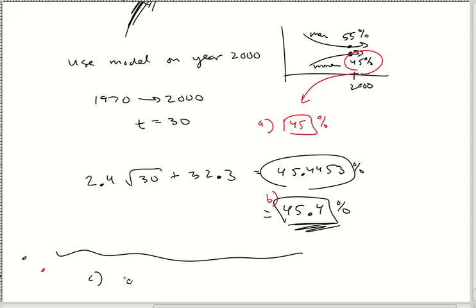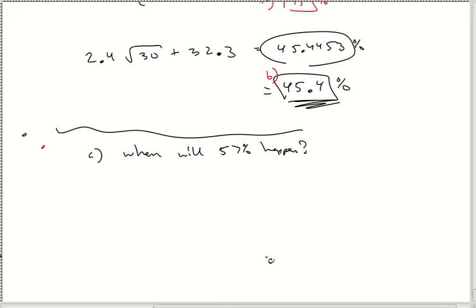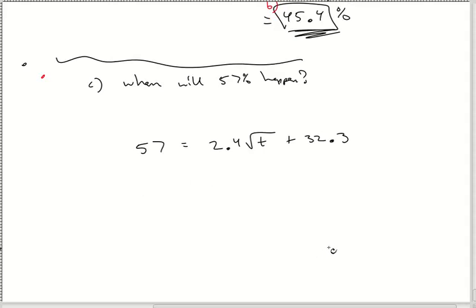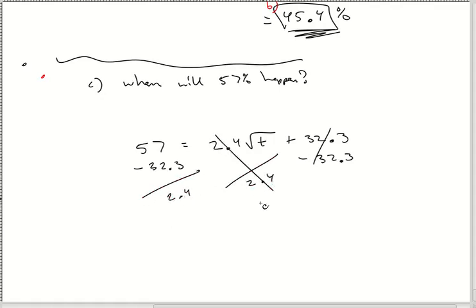Part C, they say when will 57% happen? And they want to know in what year. Well, P percentage right there is 57. I believe they want it as a whole number. 57 is equal to 2.4 times the square root of t plus 32.3. And then we solve for t. First off, I'm going to minus the 32.3 to the other side. And I'm just looking at my note. Oh, and I'm going to then divide by the 2.4. Apparently, I just kind of skipped a step there. So all this right here ends up being a